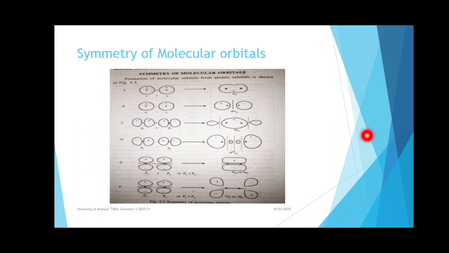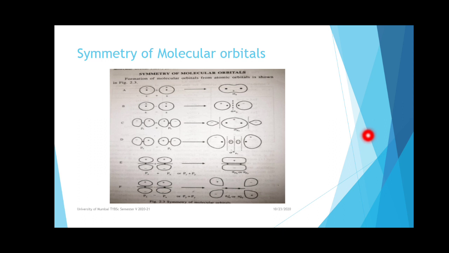In the second combination you can see the same atomic orbital, that is s, but now they are combined by subtraction. So when they combine by subtraction, they form an antibonding molecular orbital, that is sigma star s. Everybody understood? So two new molecular orbitals are formed. One is sigma s, another is sigma star s, and that is obtained from the combination of two s orbitals.